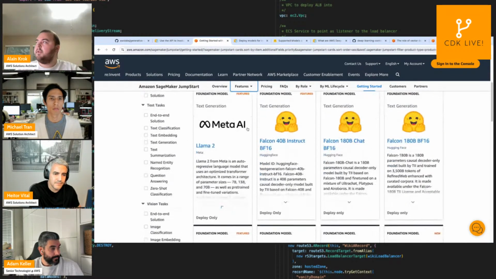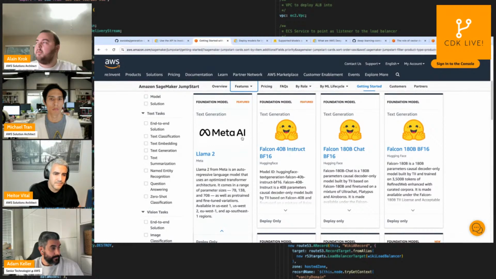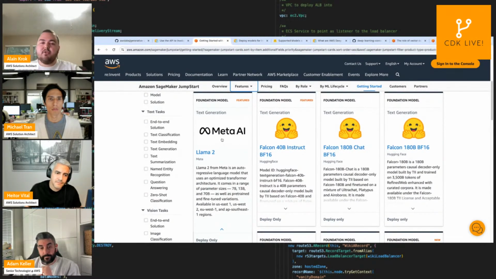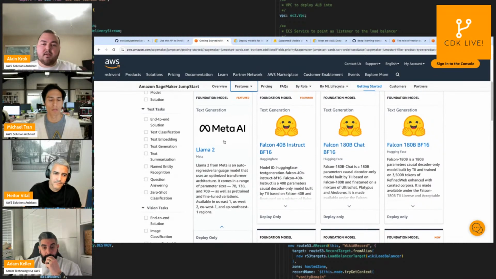And from SageMaker JumpStart, we make it very easy for you to consume those models. From the UI, you can just select a model that's available in the catalog, click a button, and deploy it. Another way of deploying those models is using the SDK, so you can spin up a notebook instance and deploy the model.